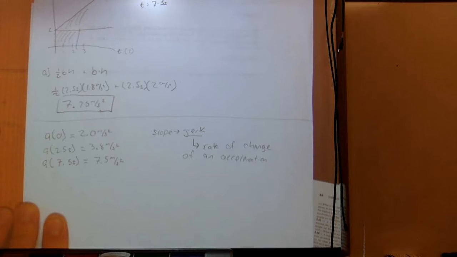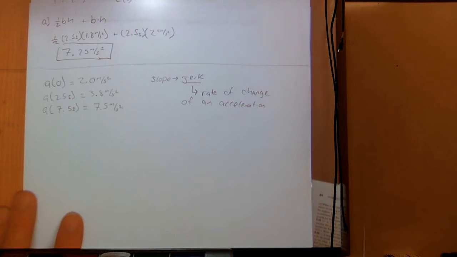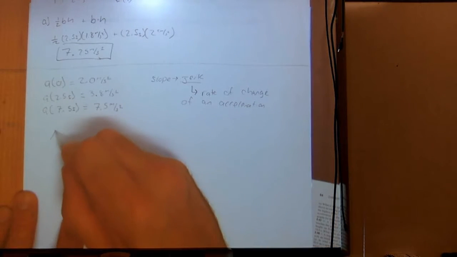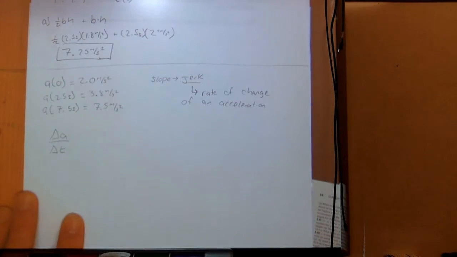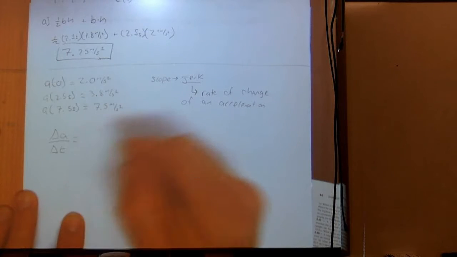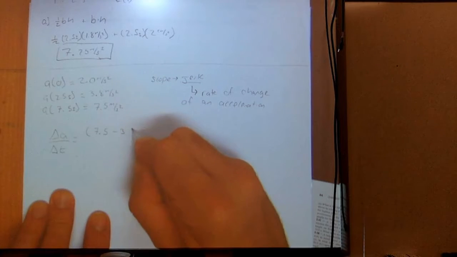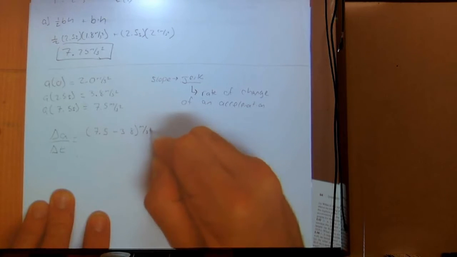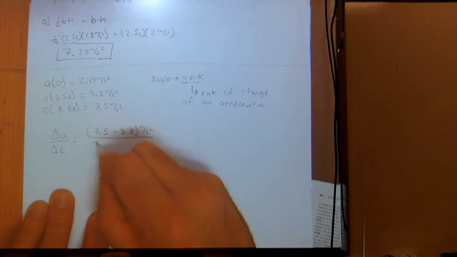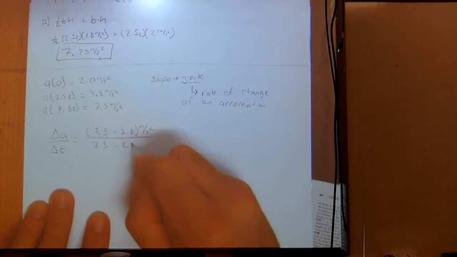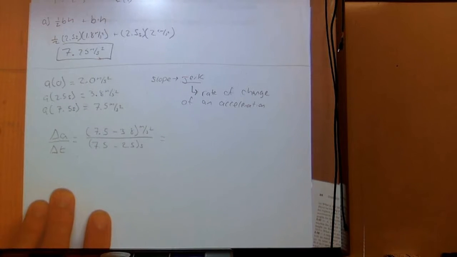Well, we should know something about rates of change. So if I know that jerk is a rate of change of acceleration, that means I can have a change in acceleration per change in time. Well, that seems like I could just say something like 7.5 minus 3.8, all in meters per second squared, divided by, I'm just taking a slope here, my 7.5 minus 2.5 seconds, and that would yield, grab my calculator,